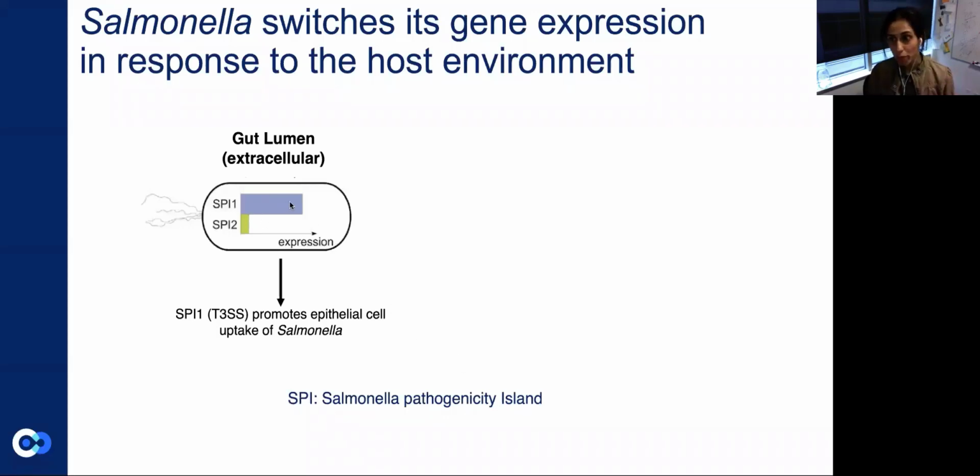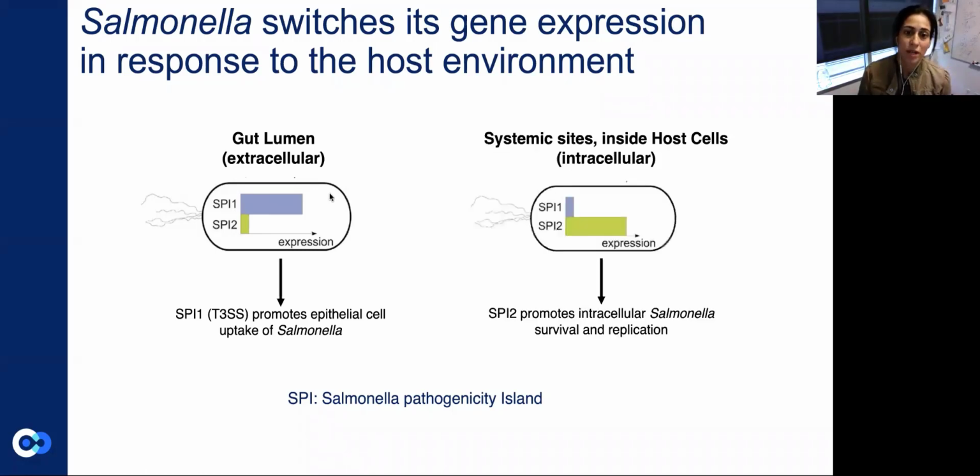And Salmonella has two pathogenicity islands, SPI1 and SPI2. So SPI1 is up in the early phase of infection in the intestinal lumen. And as infection progresses and Salmonella becomes intracellular at more systemic sites, it starts to upregulate SPI2. But mind you, this is a gradual process. Some of the genes are switching phenomena, but on the whole, the induction of SPI2 is a gradual process, and it happens over time as Salmonella becomes systemic.